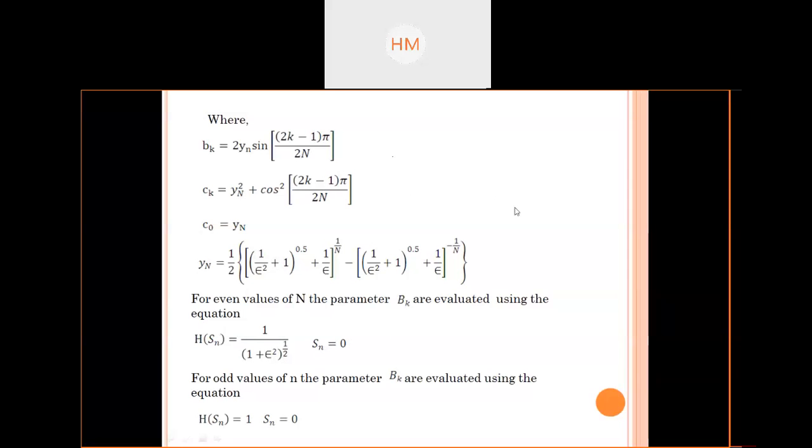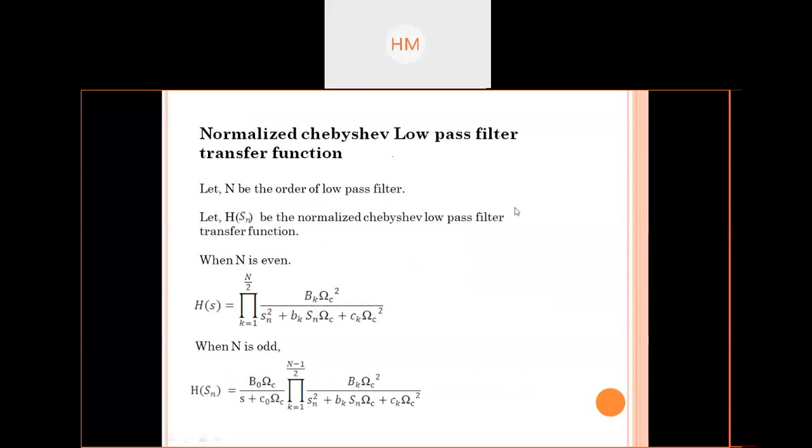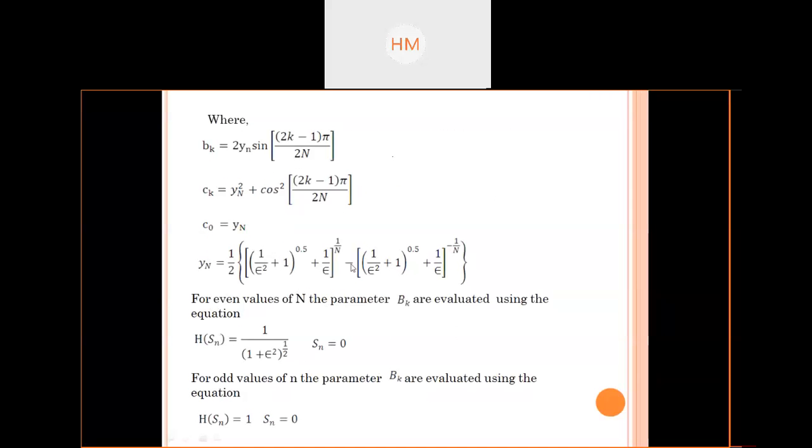So students, we will continue in the next class. These were the Chebyshev transfer functions, which are the same as the Butterworth filter. Just the polynomials, these coefficients were changed. So you have to remember this equation whenever you are simplifying the Chebyshev transfer function. Clear, students? Any doubt you want to ask?